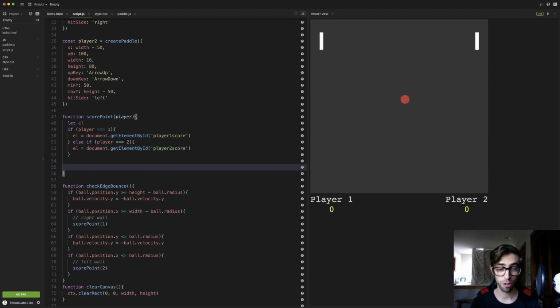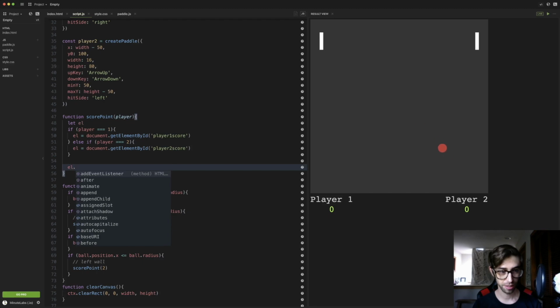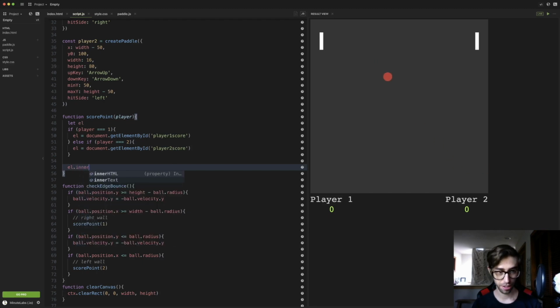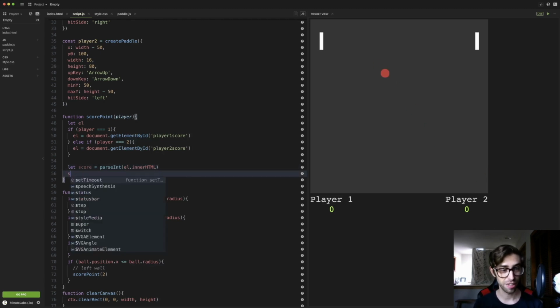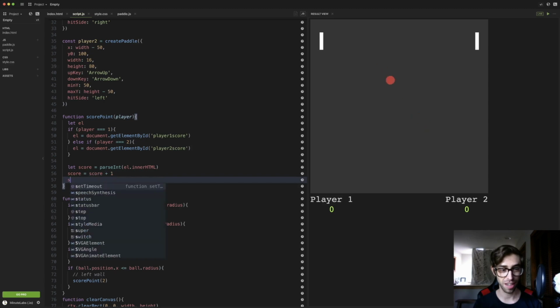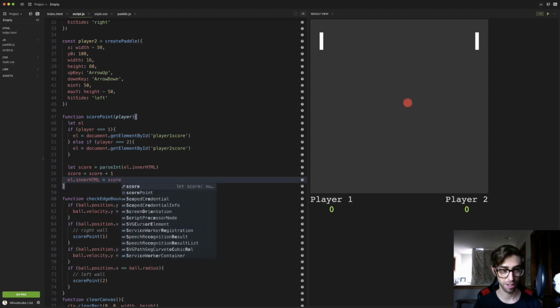And now we just need to increment the value inside. So it should be el.innerHTML, which is how you get the text inside of this element. So score should be this, and we need to make it an integer. parseInt, because it's going to be a string, so we need to parse it as an integer. Then we need to say score equals score plus 1. And then we need to set the innerHTML to the score. So